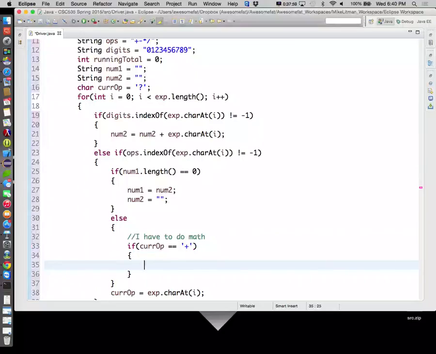Right? And what are we going to do? Well, we're going to be adding this to our running total. So we're going to say running total is equal to whatever it currently is equal to plus what? Actually, you know what? I'm going to do this. I want to keep it in strings. This will work fine, but the way I want to do it is this other way. I'm going to set running total equal to,